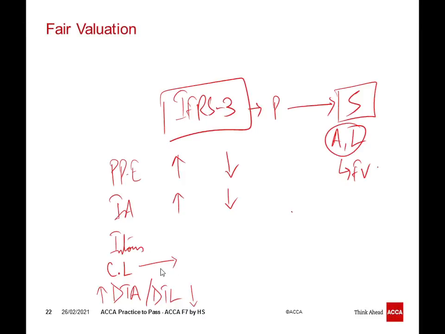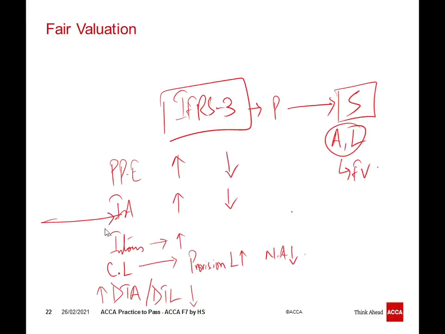With reference to the contingent liabilities, IAS 37 says that all the possible contingent liabilities should be disclosed. That's the requirement of IAS 37. All possible contingent liabilities should be disclosed. But for the purpose of consolidation, you need to make provisions for all the contingent liabilities. And definitely, as the liability increases, the fair value of net assets will go down. For inventories, there might be upward or downward adjustments.